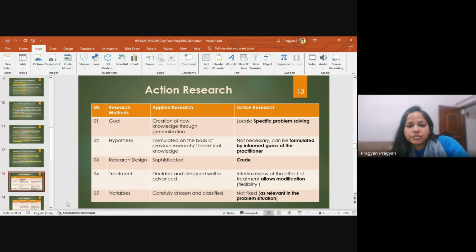So, action research is another tool in research method, particularly relevant to the